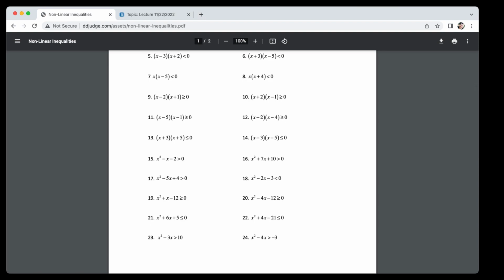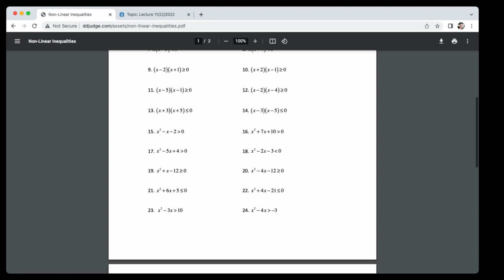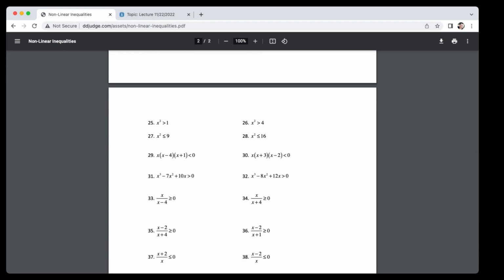So, we're going to warm up. Question 1, I'm going to say solve for x. Oh, solve and graph is what we're going to say. Number 1. X squared minus 4x is greater than -3. Number 2. We have x plus 5,